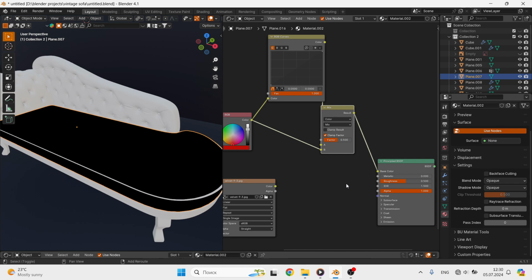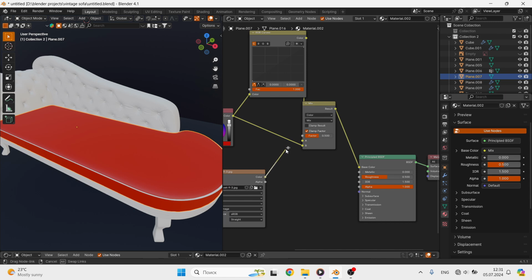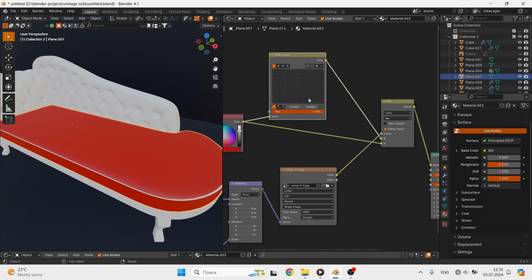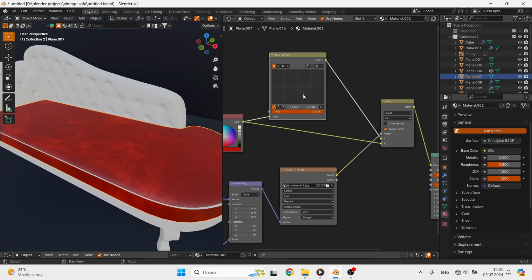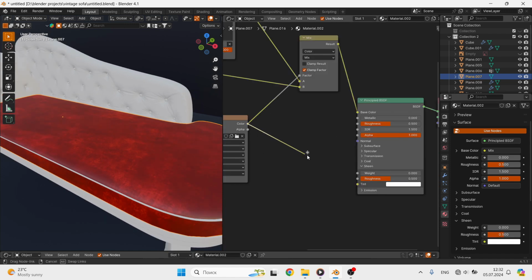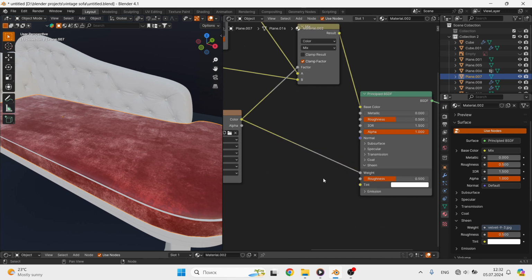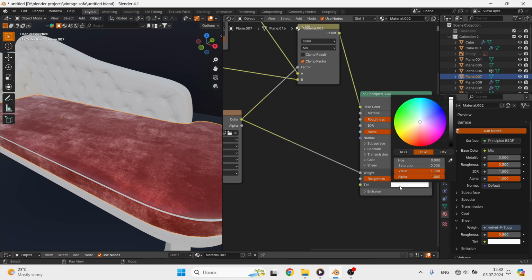To do this, let's connect everything as it should be and connect the image texture as a factor. And when we pull the curve a little, the velveteen texture appears. But for now it does not look very realistic. Let's fix this. We need to connect the image texture to sheen. And so we can control sheen using the velvet texture. So good, now we need to choose the right color for this effect.